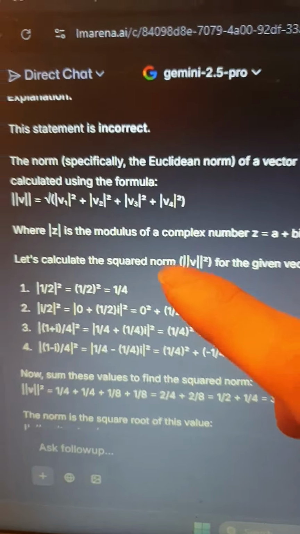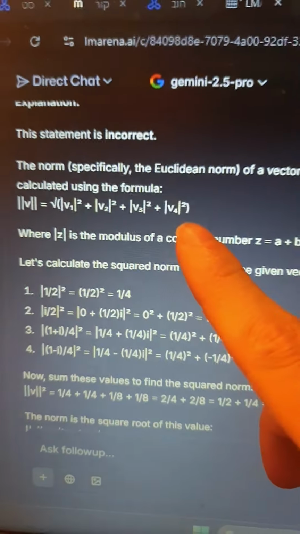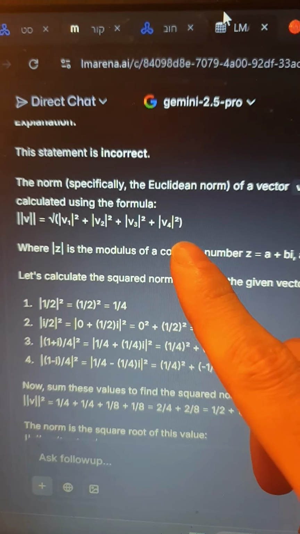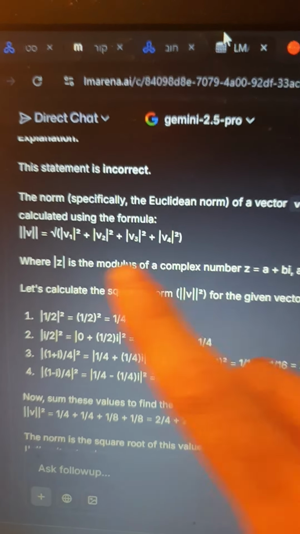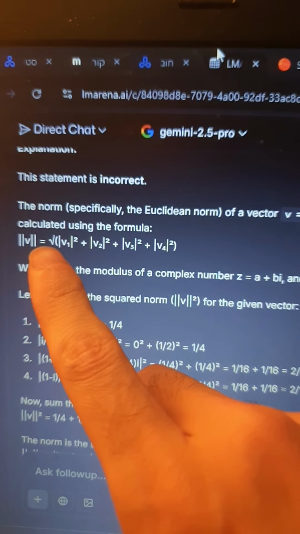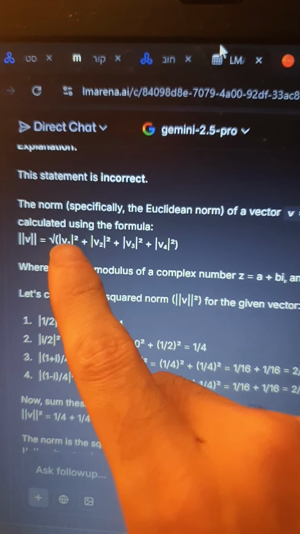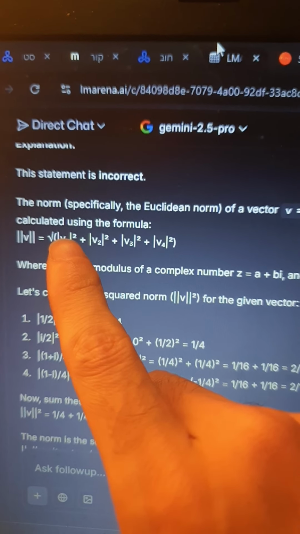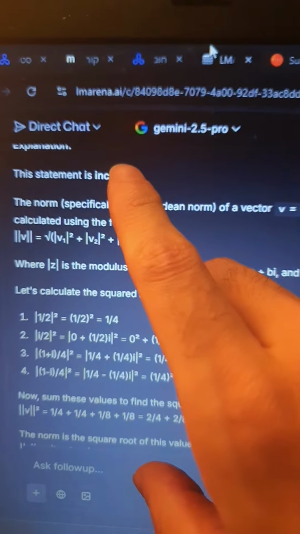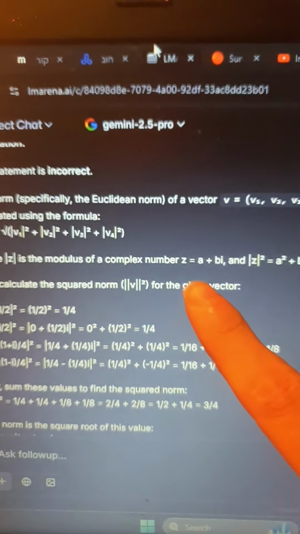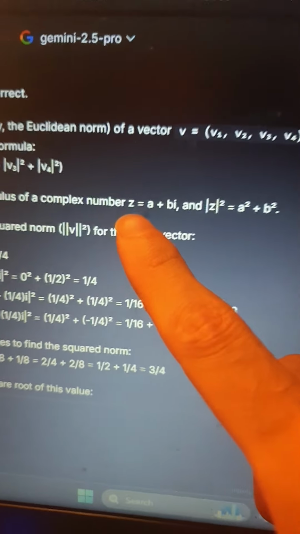Okay, so shortly, let's see how we take the norm of a complex vector. This is the general formula for the norm of a vector. You can see that we take the square root of the first component raised to the power of 2, and so on. Now we are working on the complex plane, so if we have a complex number z equals a plus bi,